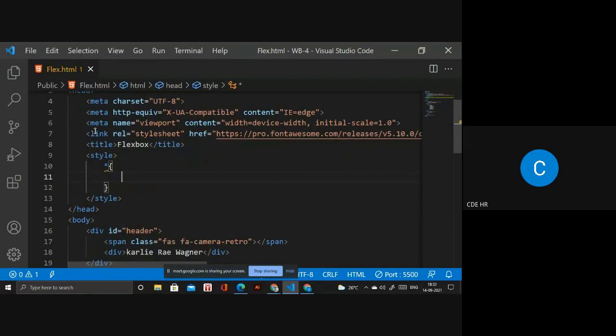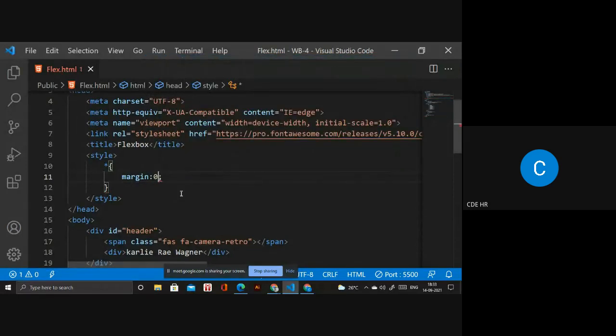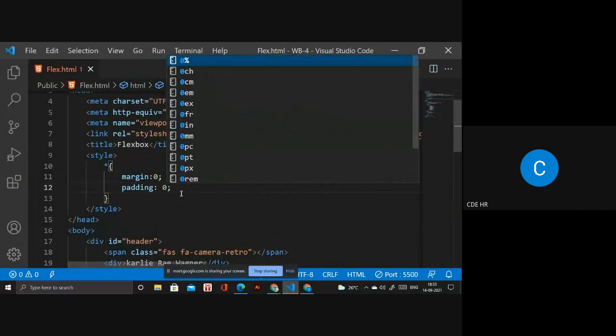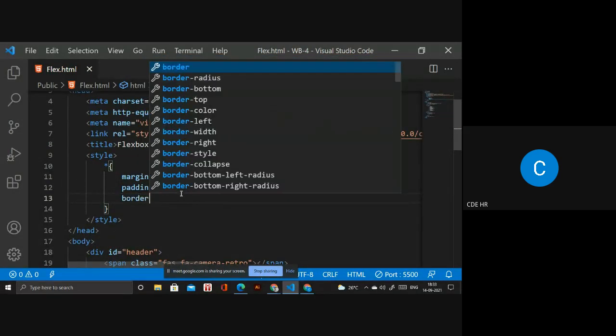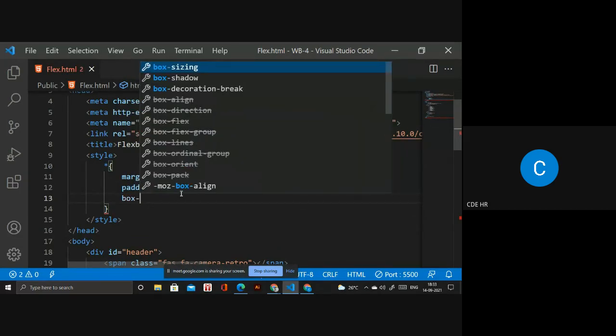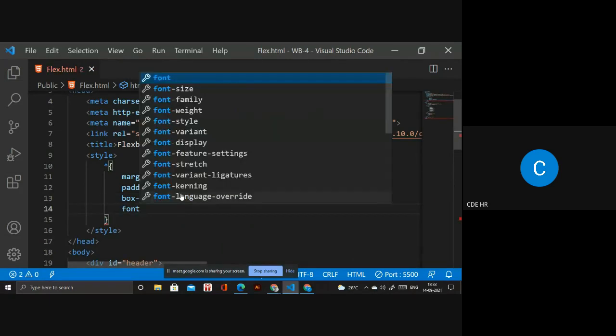Means if you write the universal selector, it applies to whatever you write inside this HTML page, overall. So you have to write margin 0 pixel, padding 0, and box sizing border-box, and we have font family.